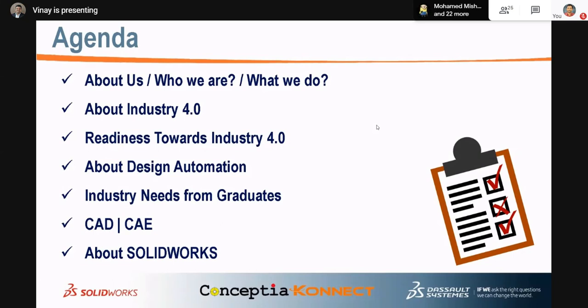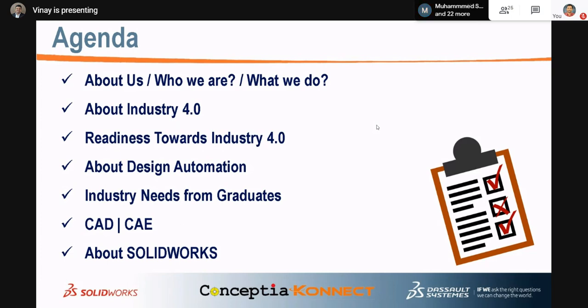About Industry 4.0, I don't want to tell you anything, because if you go to Google and search for the industrial revolution, you will get Industry 4.0. Thousands of videos are there. Lakhs of lecturers and industry people have shared their experience about it.